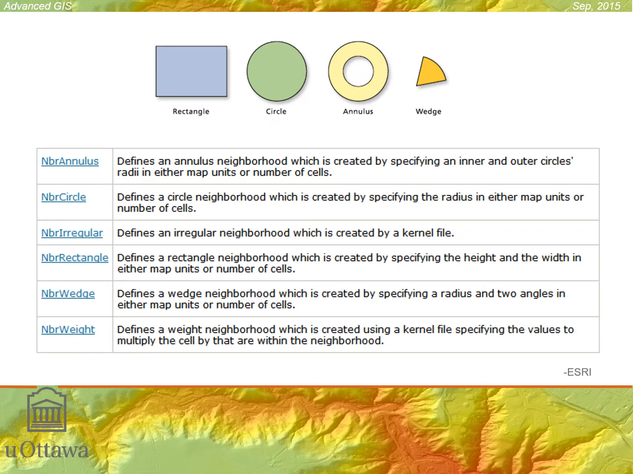Now, we have numerous types of neighborhoods that are possible. The most common is the rectangle. So that's the most common, a rectangular or square shape used in a focal neighborhood function. The circle is the second most common that's used. And then we have some special ones,